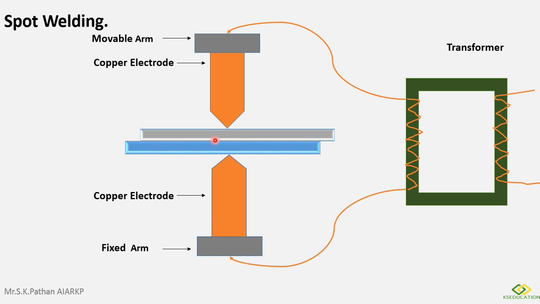As always there is a gap between these two electrodes, and this gap contains air, and because of this air the electrical pulses sent from the upper and lower electrode do not complete the loop. Because of that they form heat, and because of that heat this area of contact gets softened,